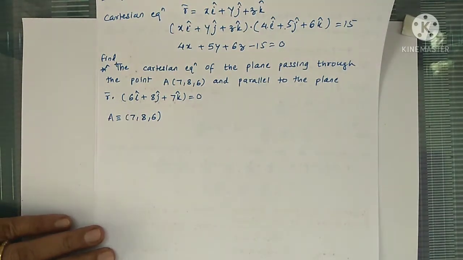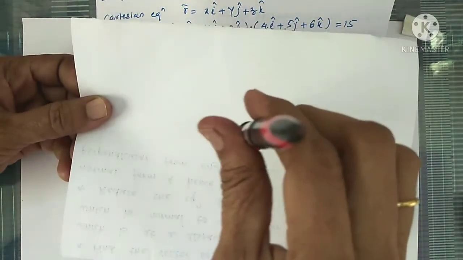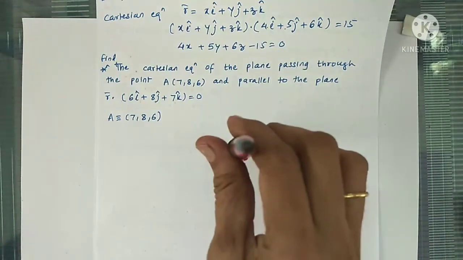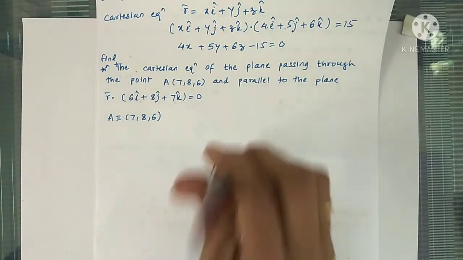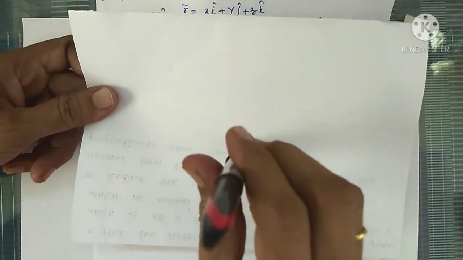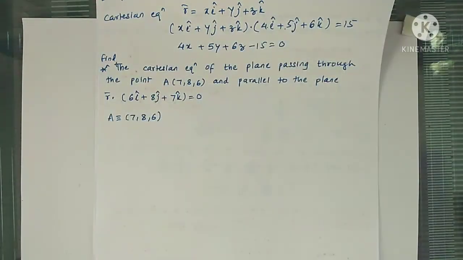See what happens if two planes are parallel. So consider this plane of the table and this plane. These two planes are parallel to each other. Now if I take the normal to this plane, that normal is perpendicular to this plane, and this plane is parallel to this plane. So this normal is perpendicular to this plane also. That means if two planes are parallel, their normals are the same. So we can use the same vector as the normal of the required plane.